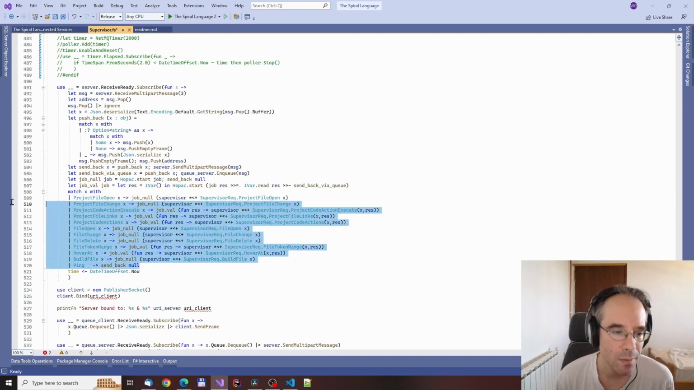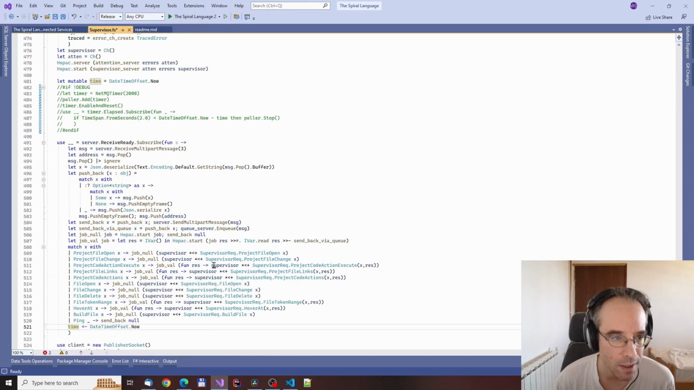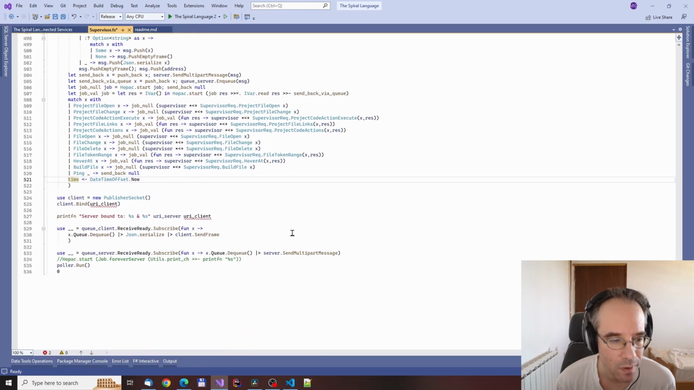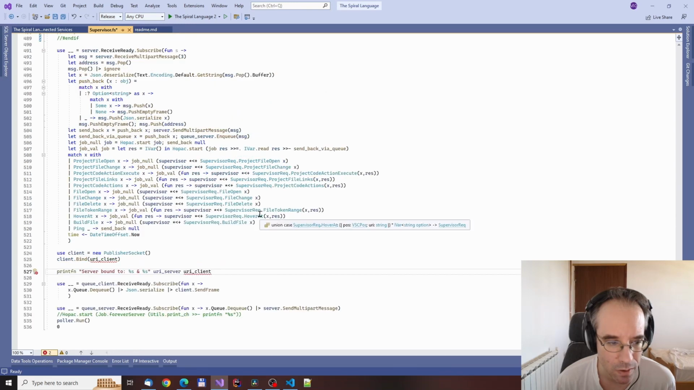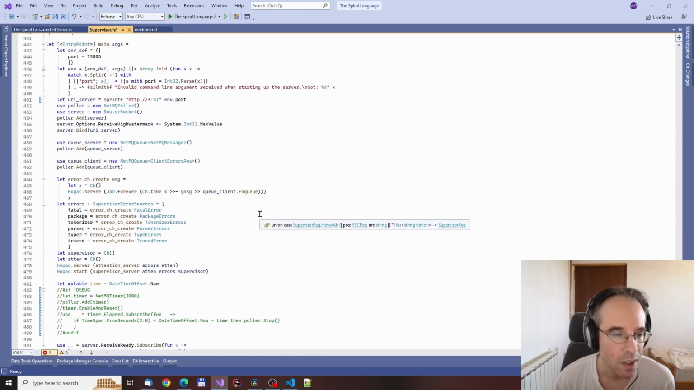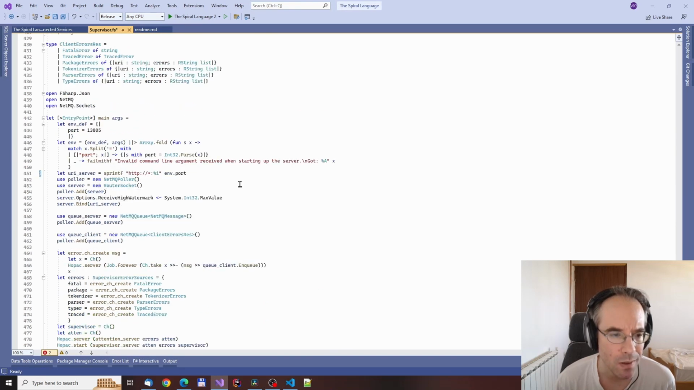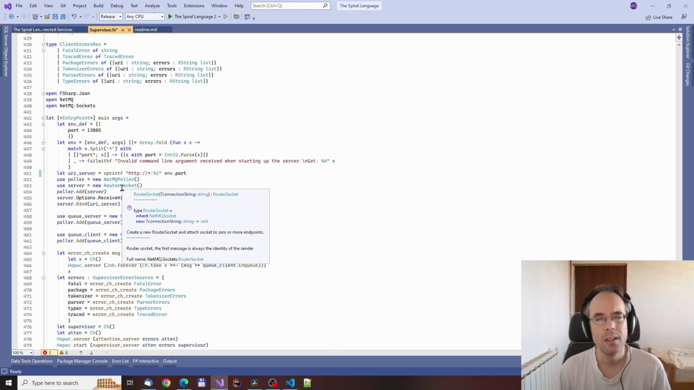Here are where the messages are getting received. For some reason I have the time as well. I mean, here's bind, the publisher socket. I think according to ZeroMQ rules, the client should have something like a request socket, and the server